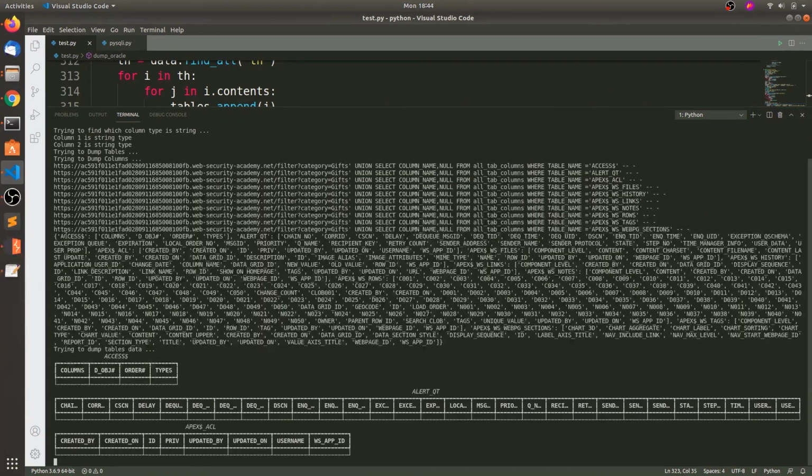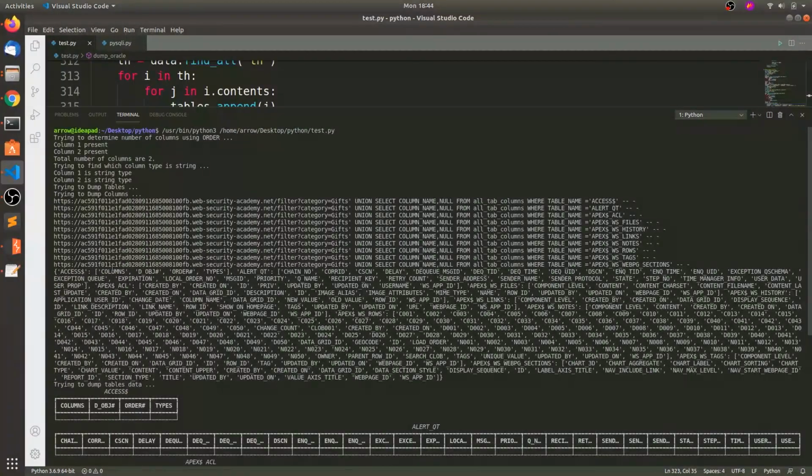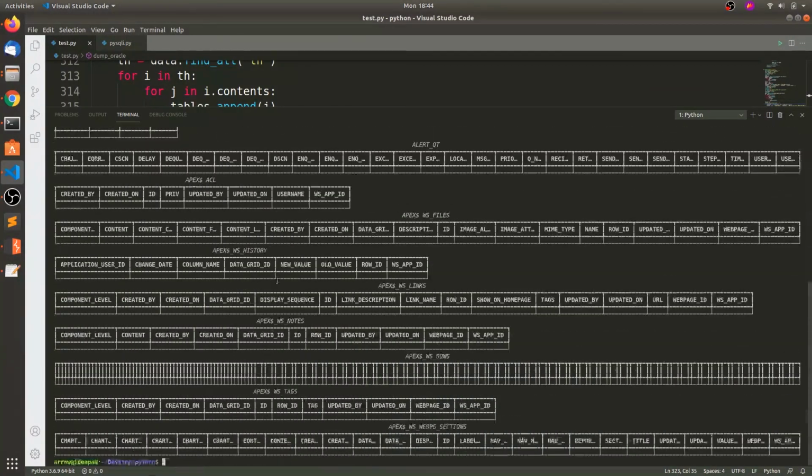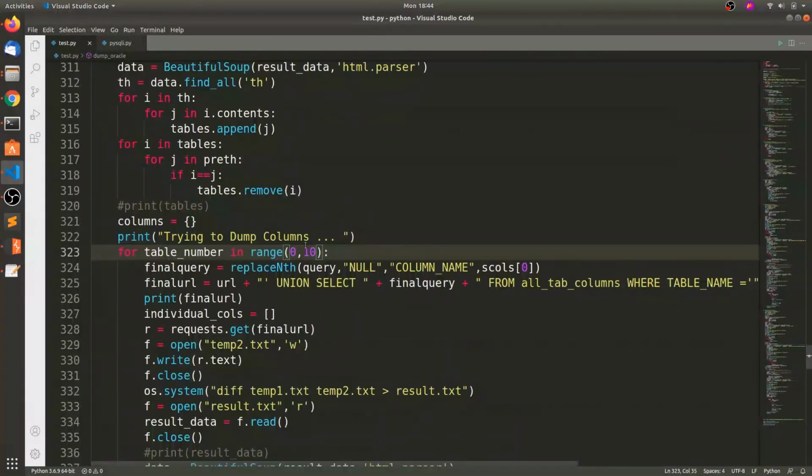You can see this dictionary has the 6 tables with their columns. These do not have any information. Okay, let's go and say,